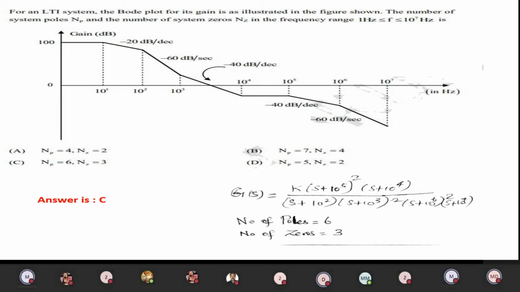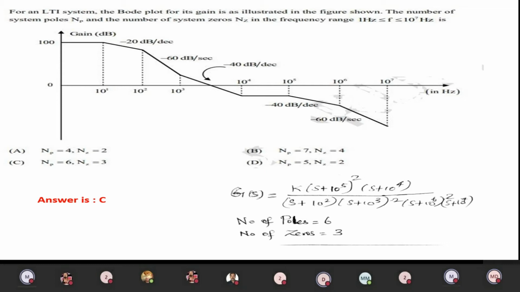And then you are getting 0, that means plus 40 has been added. Three zeros are added, and three poles are available. Then at 10 to the power of minus 3, two poles have been added. Therefore five poles and three zeros are available. Here you can see minus 60, so six poles will be there. Six poles are available. In which option is six poles available? C. So the number of poles is 6 and the number of zeros is 3. That will be the correct answer.